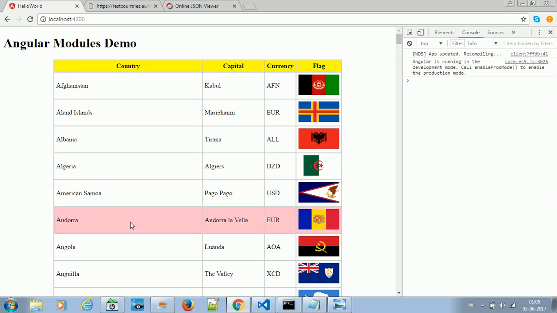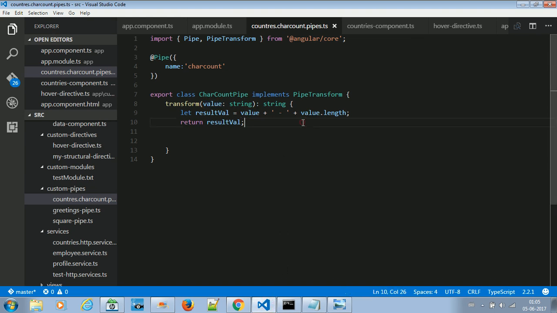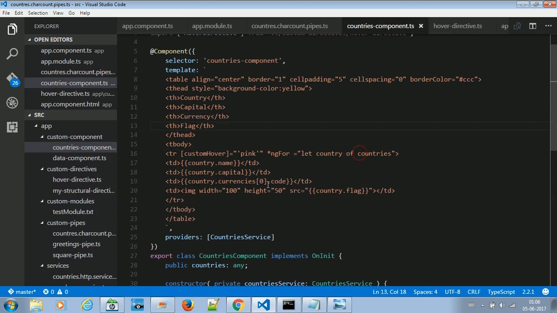Algeria, whatever number of characters it is. American Samoa, whatever number of characters it is, including the space. So it will display that. Just for the purpose of the demo I am using it, because there won't be any practical utility to count the characters; we already have an inbuilt command to do so. So I have created a pipe which will just take the value you put in, and it will just say value dot length, string dot length. That's it. So I come back to the country's component, and in the country name